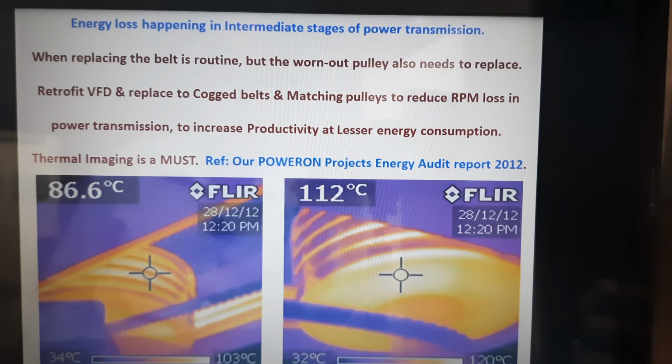at a reduced power consumption. So thermal imaging is a must, especially when you are assessing or diagnosing the intermediate power loss happening in all your utilities. We did this during our energy audit in 2012. You can see the belts and pulleys in almost boiling condition, almost 90 or 100 degrees. This is really happening in present day industries. Definitely it can be taken care of, and see to it that the motors and the belts or pulleys, whatever it may be, are only warm, around 50 to 60 degrees. More than 70 or 80 degrees, a hotter motor is a symptom of inefficiency for a motor related system as